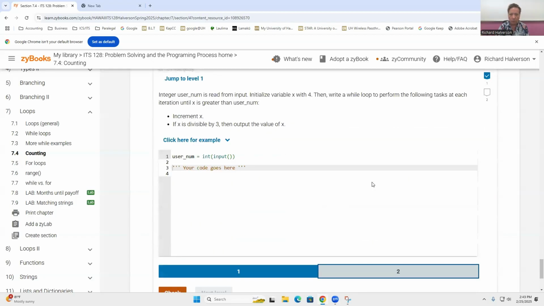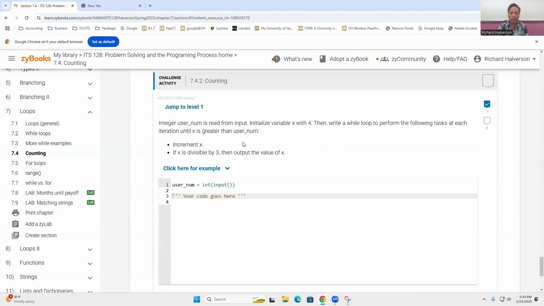Oh, down here. Oh, here we go. Integer user num is read from input. Initialize the variable x with 4. I'll initialize it with 4. X equals 4. And then write a while loop to perform the following tasks at each iteration of x. Okay, so while x is less than or equal to user num,